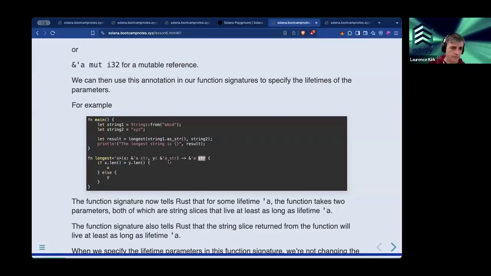So the lifetime of x and y going in has to be the same, and then the lifetime of the result is going to be the same again. And then the function body is just the same. It's just doing the same thing. But now that the compiler knows this and it can reason about this, it knows that this is going to be valid, that it can check the lifetimes of the references that are in here,